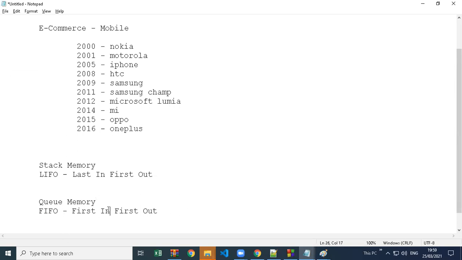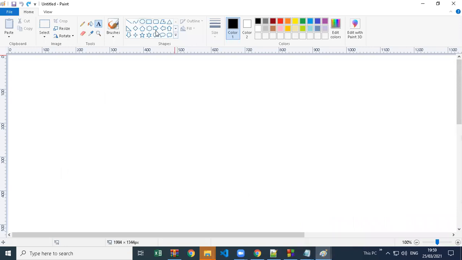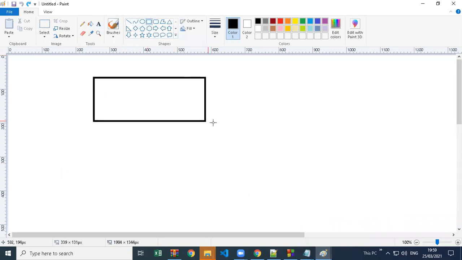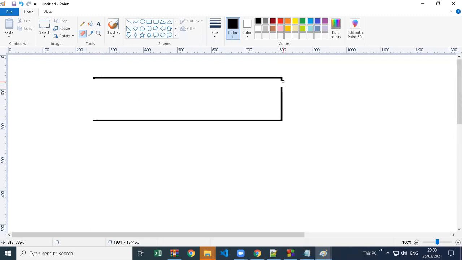Here in our memory we call it FIFO. So that's why it is known as a queue memory. And this memory is represented like an open ended pipe. You have a pipe, like a water pipe line, the same like that. So assume that this is a water pipe, both sides are open, not like a stack container where we have only one side open. Here we have both sides open.